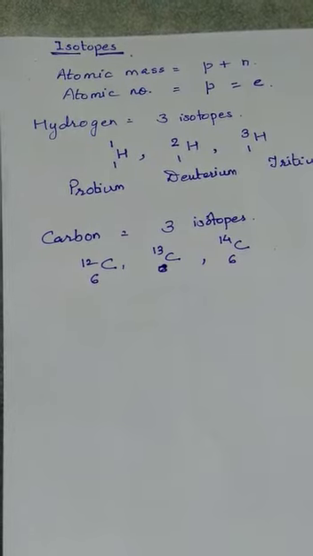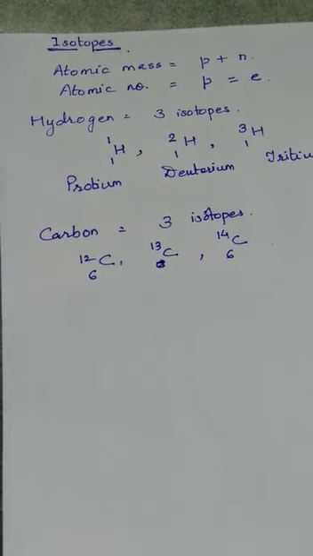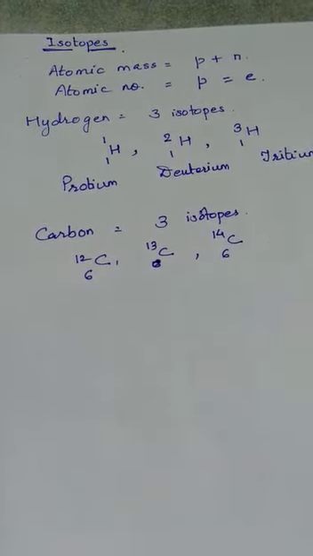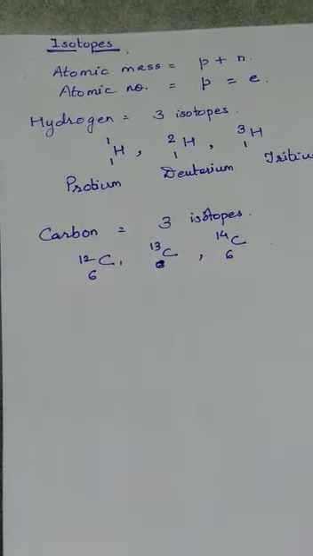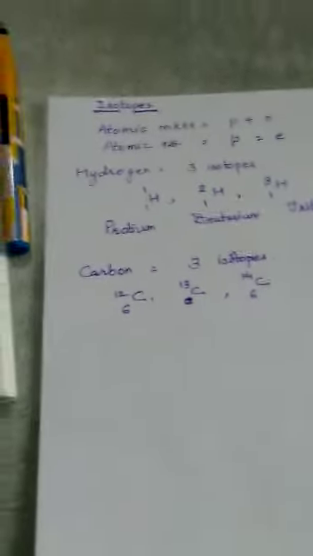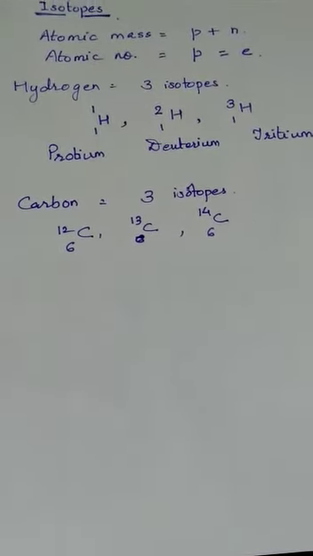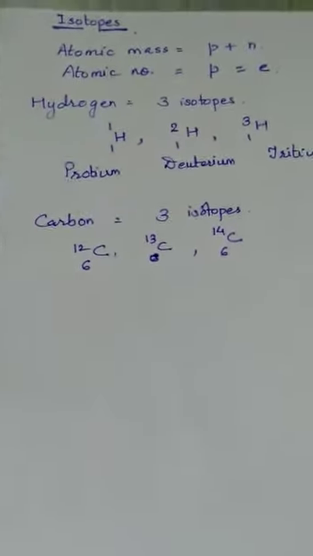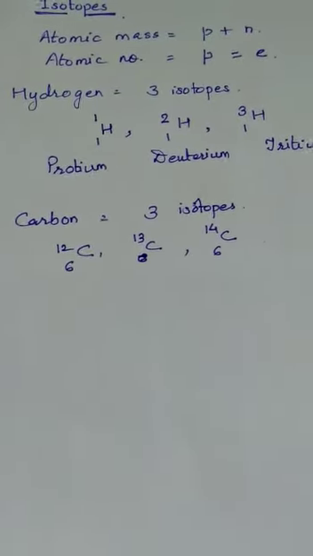And as the electronic configuration is the same, the chemical properties shown by the atoms of the element having different atomic masses will be the same, because we know now that the chemical properties, or the ability to combine, depend only on the valence electrons present in the given atom. Now we'll take some examples of isotopes.